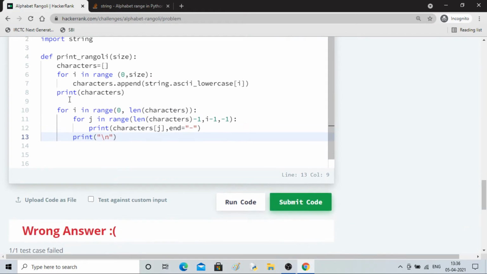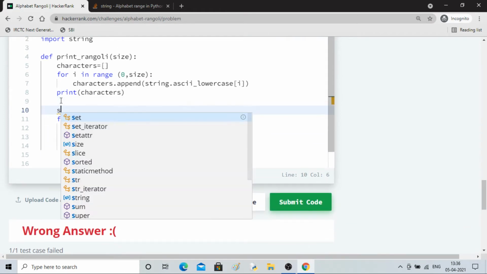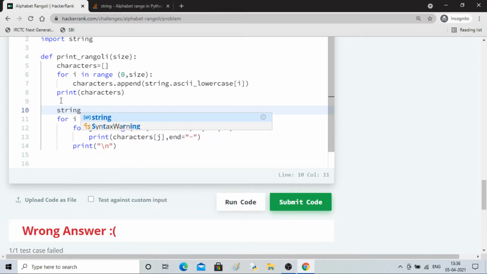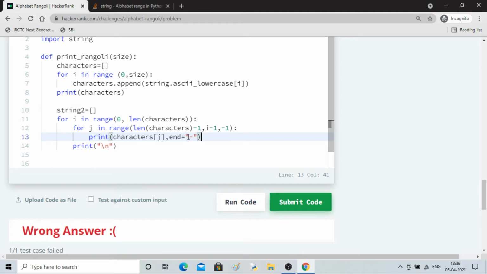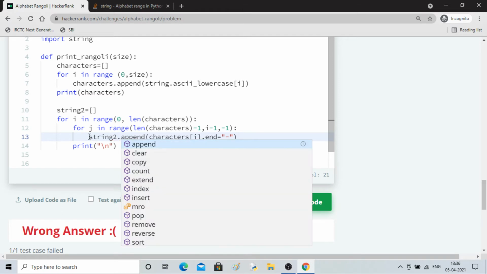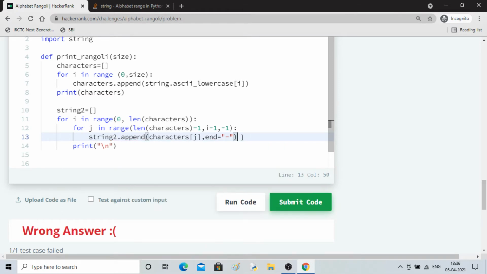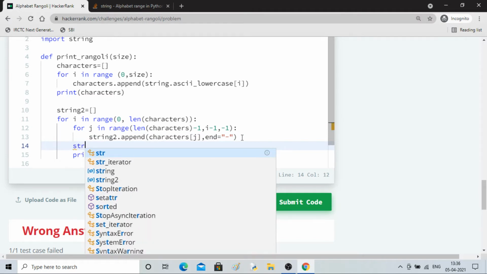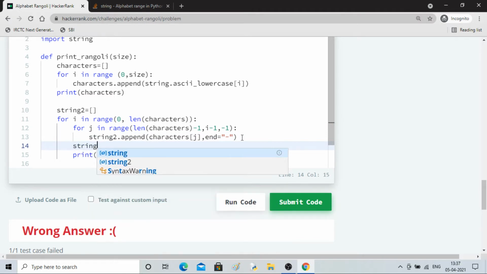So what I'll do is I'll take a string and append to it, some temporary string, I'll name it string 2. Okay, and I'll append these guys in string 2. I'll append this, and finally I'll join this here, string 3.